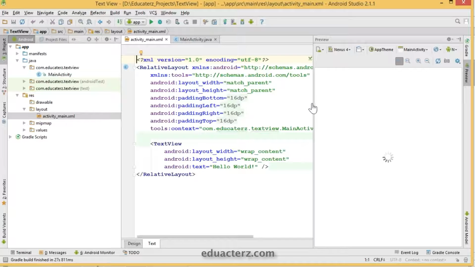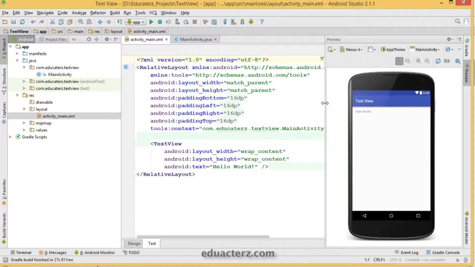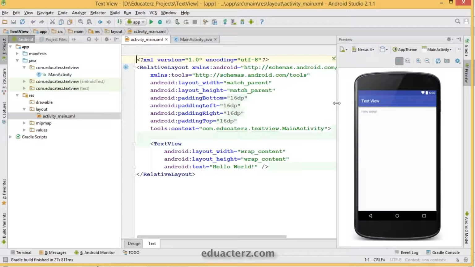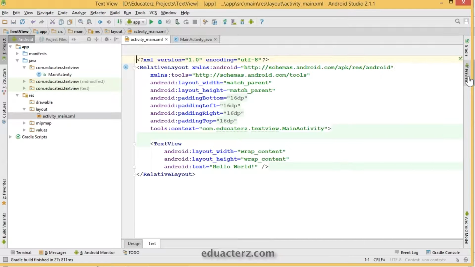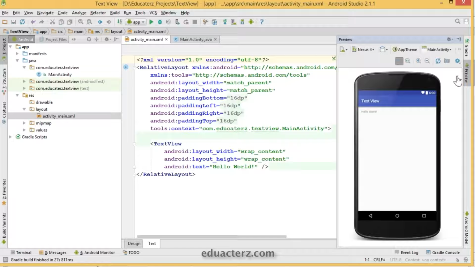Here it is, and the preview is also available for us, which will help us observe the changes we make immediately. It is good practice to see the changes immediately.